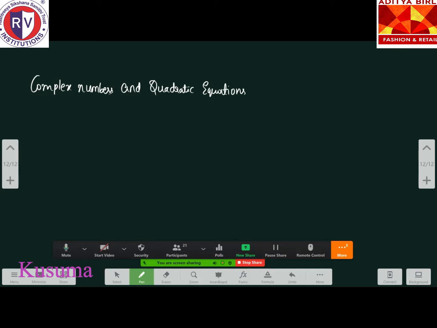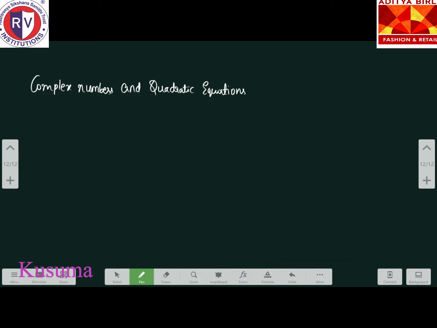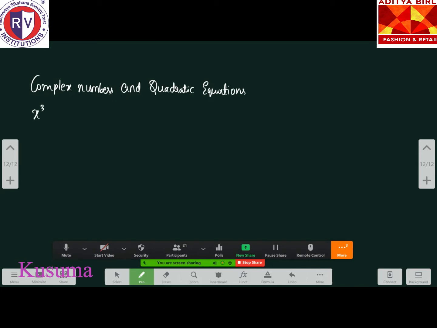In the PDF, look at question number 32. The question was from the year 2017 paper. If the roots of the equation x cube plus ax square plus bx plus c is equal to 0 are in AP, that is arithmetic progression, the roots are in arithmetic progression,